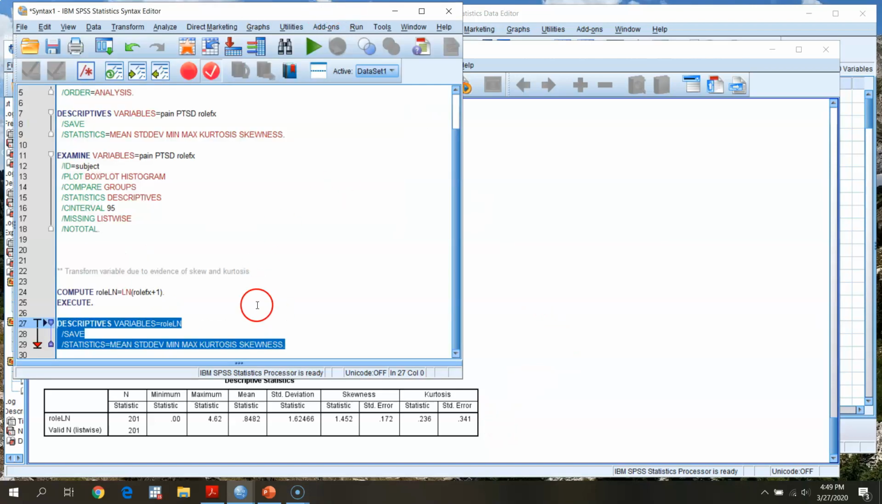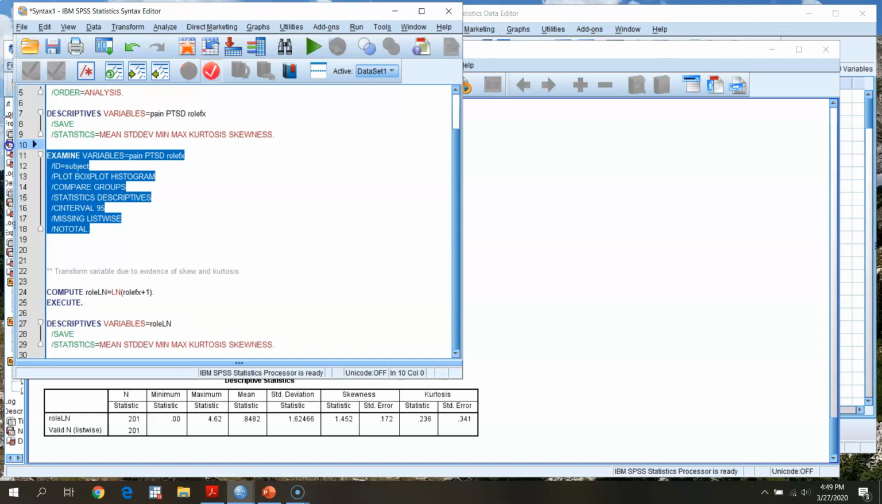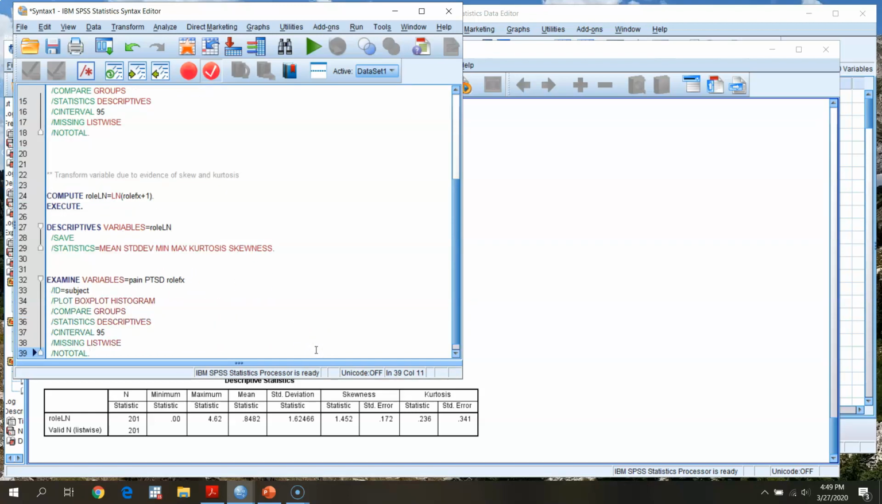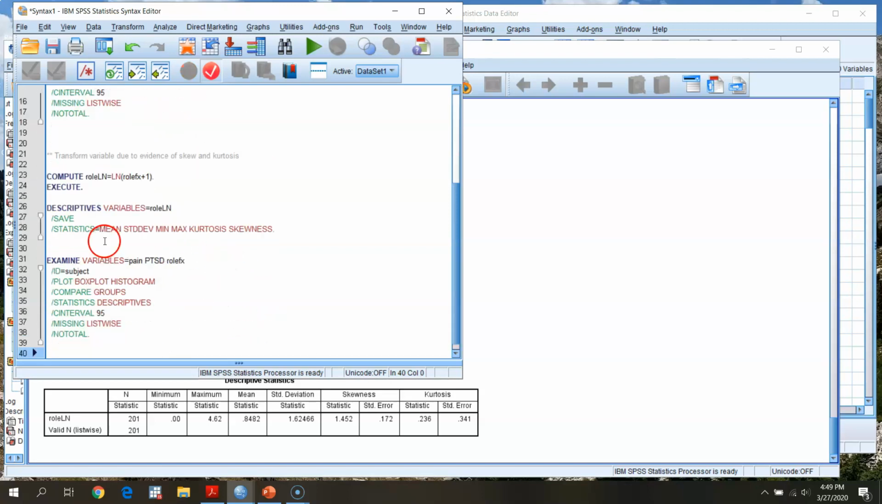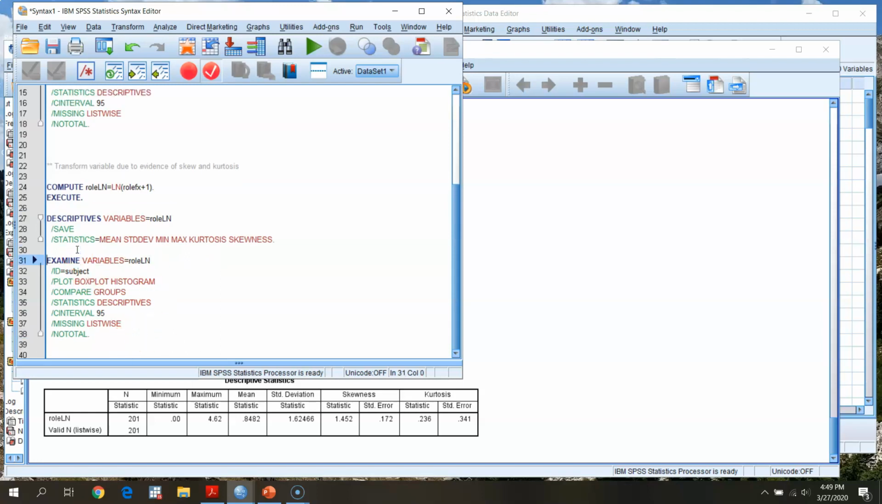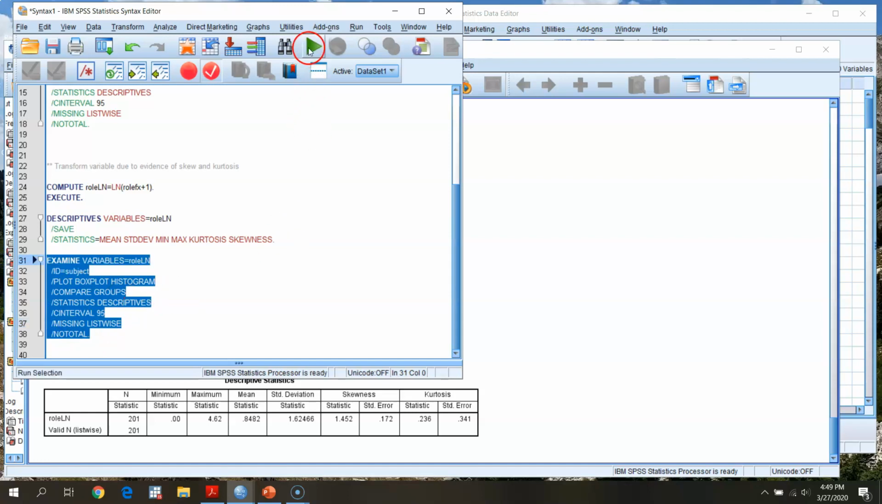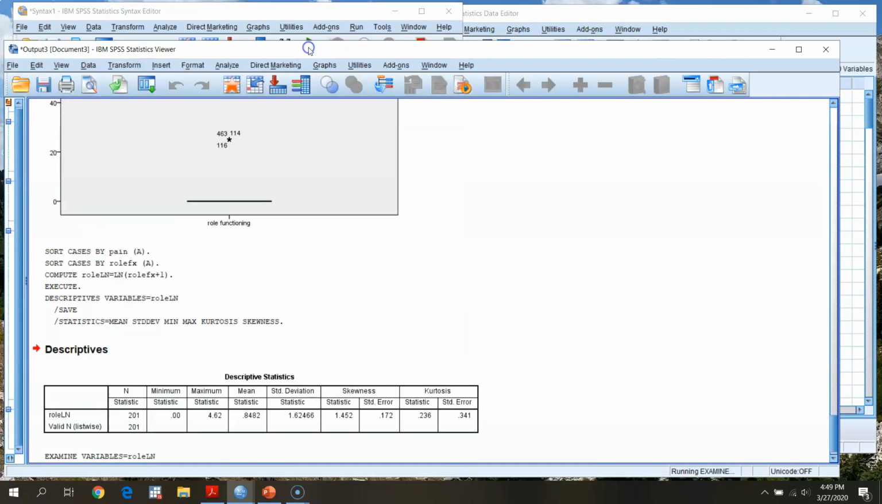Okay, so let's plot it. Let's see what's going on when we take a look at our actual box plots and histogram. So again, I'm just going to copy my examine command here, and then just paste in the natural log of role functioning. Again, just taking a shortcut so I'm not working everything through the drop-down menu here. If I do this,